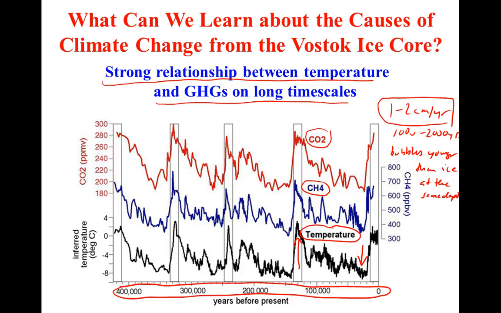We can correct for this by assuming a constant age difference between the bubbles and the ice at a given depth, but we can never know that age difference with absolute certainty. There is some error in the size of the age difference between the bubbles and the ice that contains them, and that error on the age difference is within the relative timing of the temperature and greenhouse gas concentration changes, which is why you can't tell for certain which changes first.